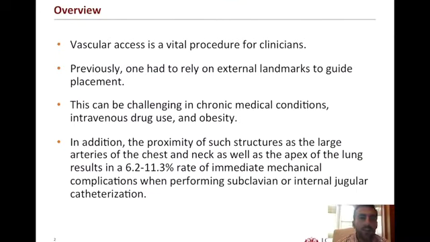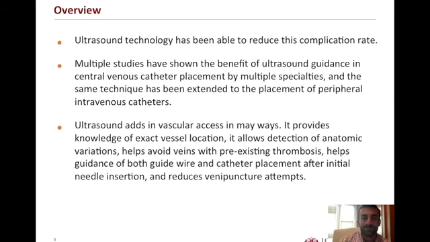We know that vascular access is a vital procedure for the vast majority of healthcare providers, and it has been demonstrated that these vascular access procedures have potential for significant risk. You can see here listed the potential incidence of complications associated with central venous access. Ultrasound has been demonstrated to reduce these complications when the provider is able to use it properly and